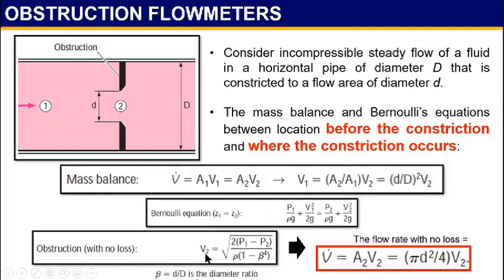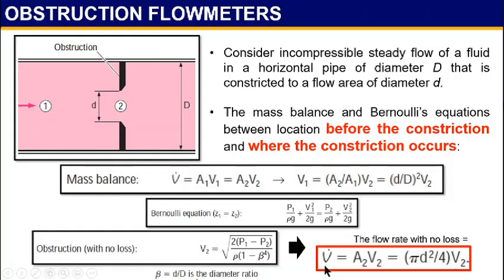Okay, so now the volume flow rate with no loss. No loss here means we consider that we will obtain the maximum velocity at this point 2, where there is no pressure loss due to frictional effects. So it is expected, once you see this figure, that at point 2 the velocity of the flow is accelerated compared to point 1.